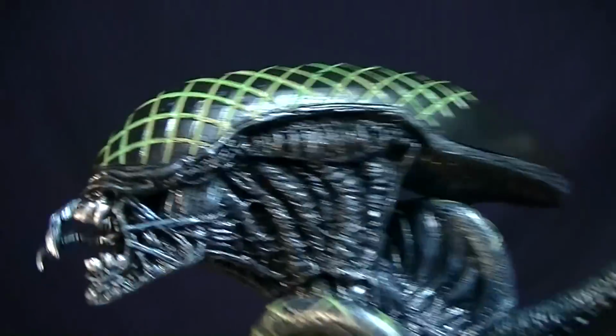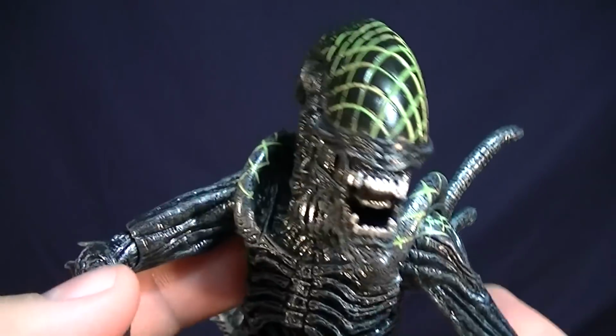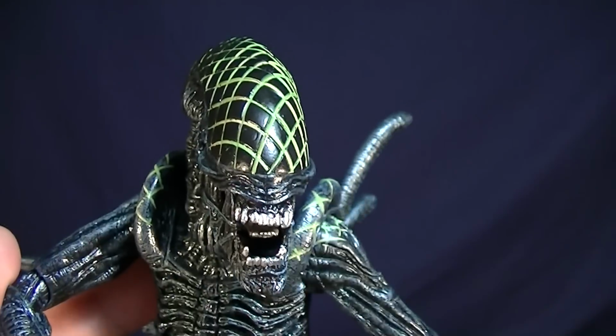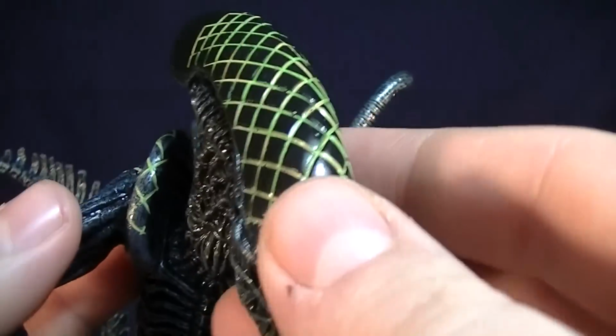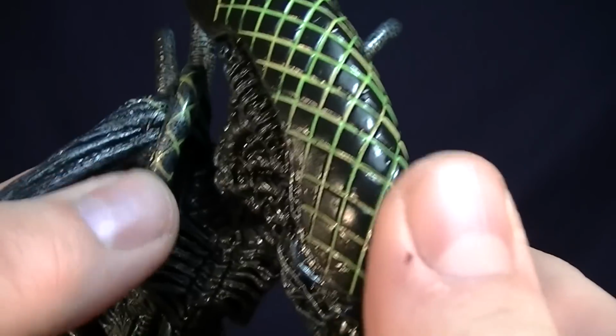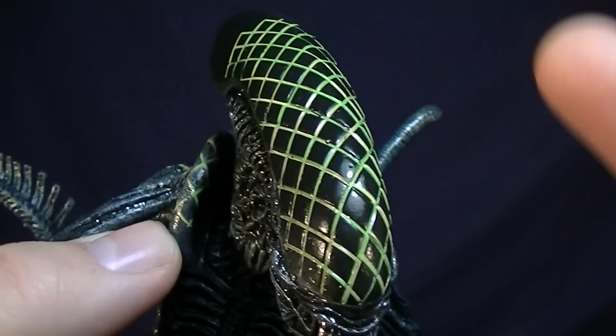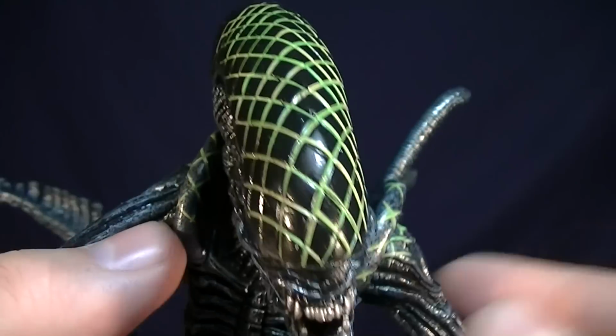Alright, so yes, the head sculpt has green stuff on it. Because in the film, which is why this is called the Grid Alien, when the Predator shot its net at it, it actually attached to its head. Which you'll see here, it also has these X marks on the shoulder pads as well. Dug into the skull, and the alien bled, eventually breaking the lines and getting out of the net and killing